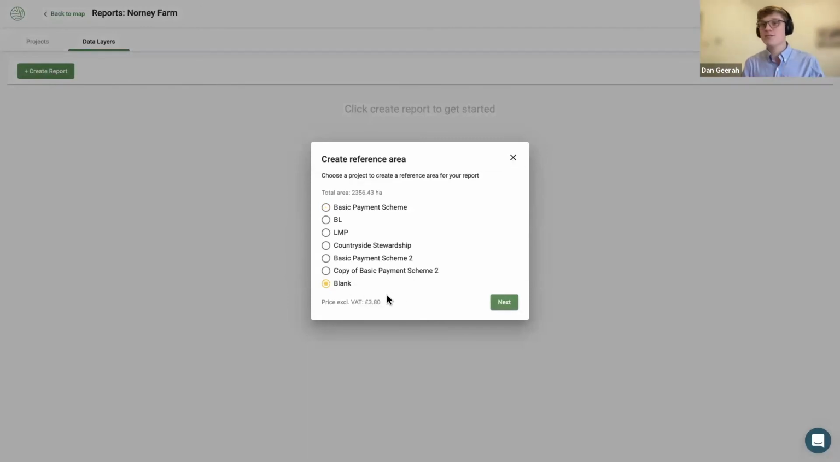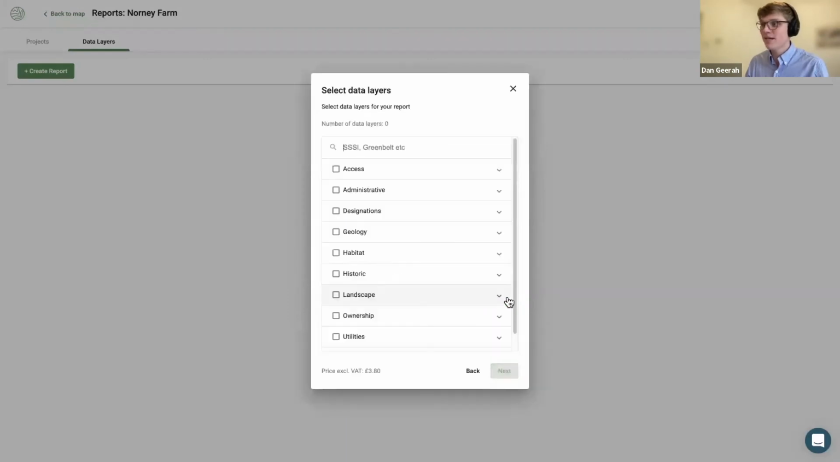So the first thing to say is this works in exactly the same way printing does. So this is a transactional cost. So regardless if you're a paid subscriber or a free user, there is a fee associated with this report. However, what we've done is we've hopefully priced it extremely competitively in comparison to other tools. So there is a base price for the total area. So for example, I'm doing just over 2,000 hectares. Base price is £3.80. And then depending on how many data layers you intersect, it goes up by a percentage